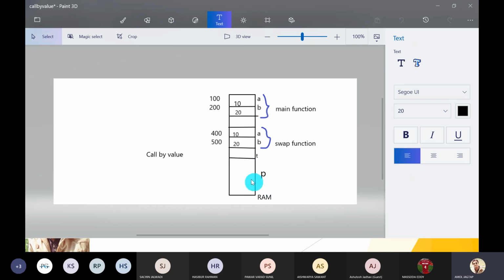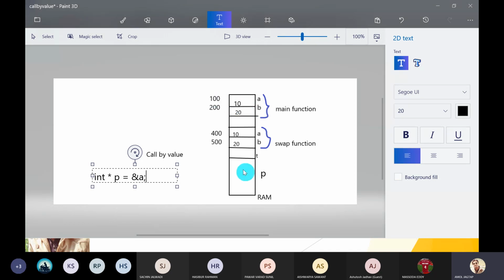So what does it store? What is the statement? Integer pointer P is equal to address of A. That means this P stores the address of A. So what is the address of A? Not the swap function, the main function's A and B. The address of A is 100, so P stores 100.